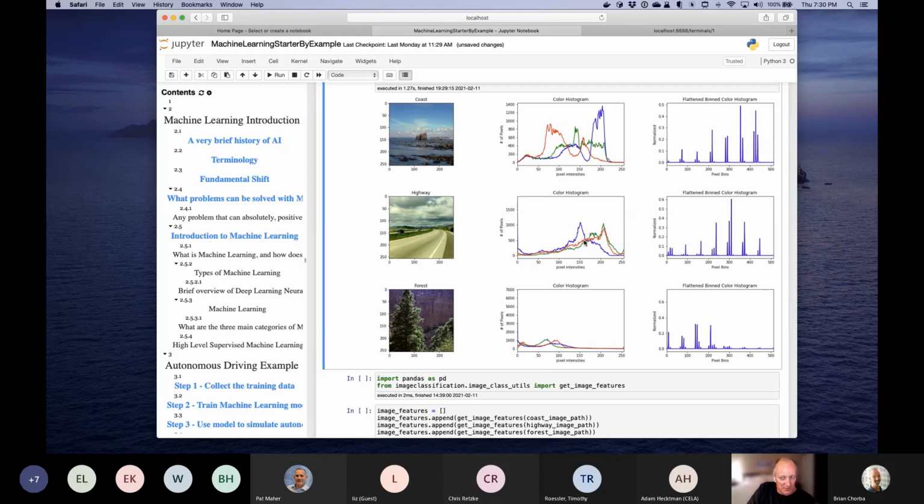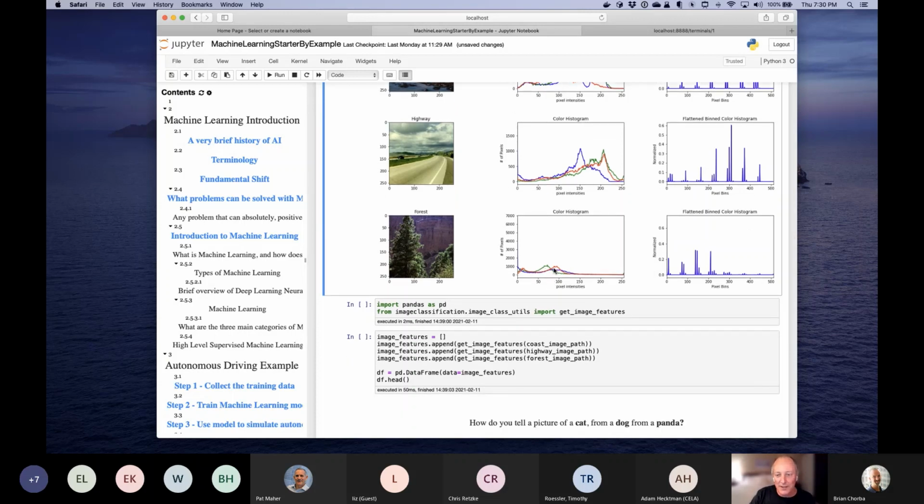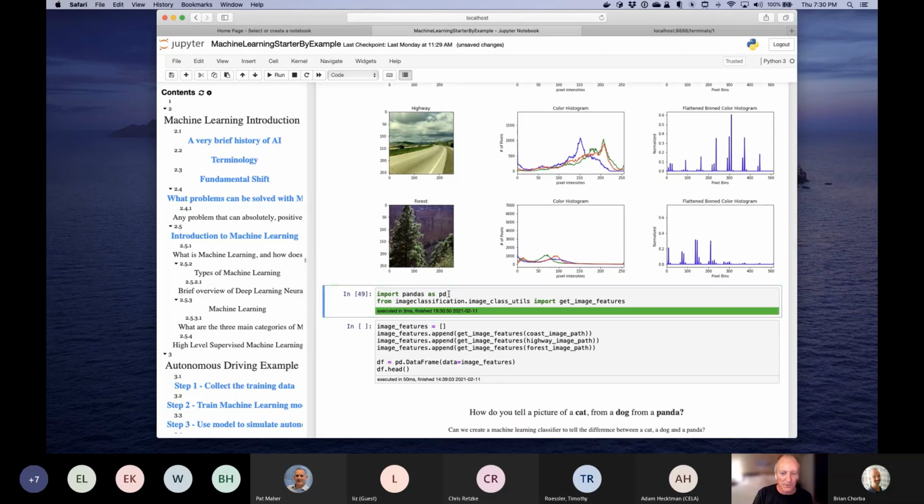And we can see that just by looking at the histogram. Seems like there's a fair bit of the green color in this one. And the forest, which I expected there to be more green, but this is a very dark picture of trees in the forest. Almost a picture of a canyon more than it is the trees. But we can see that there's not a whole lot of color in here. So this one I think is going to be an interesting test case. So let's see how it works.